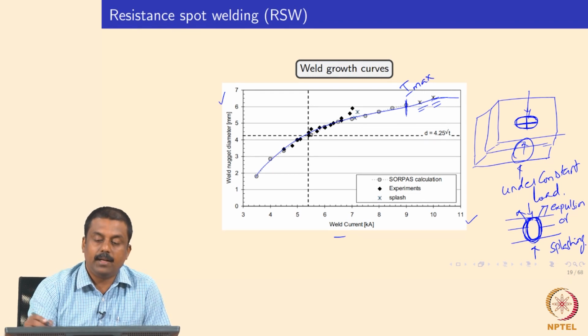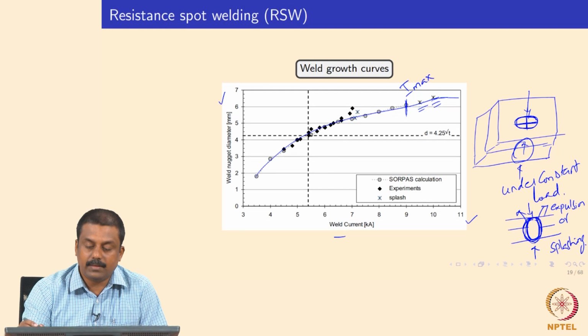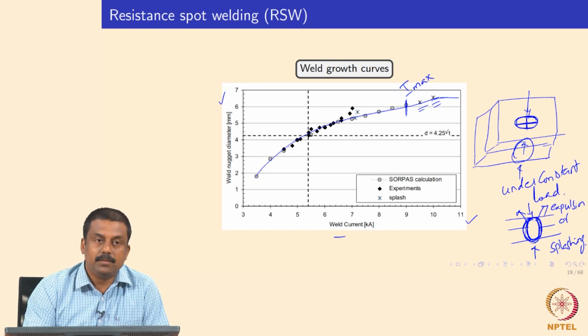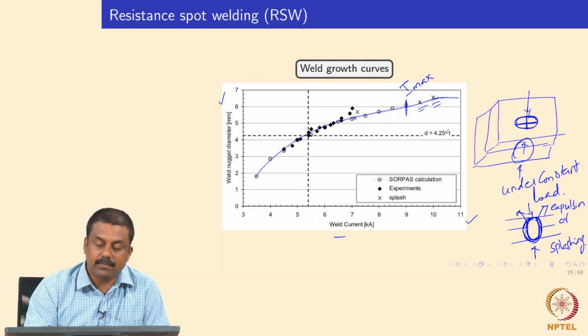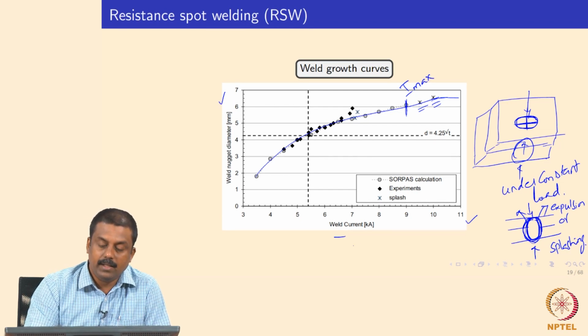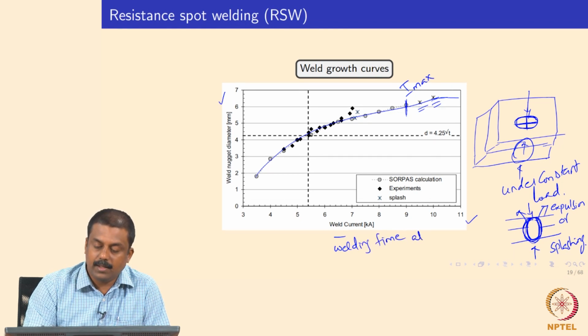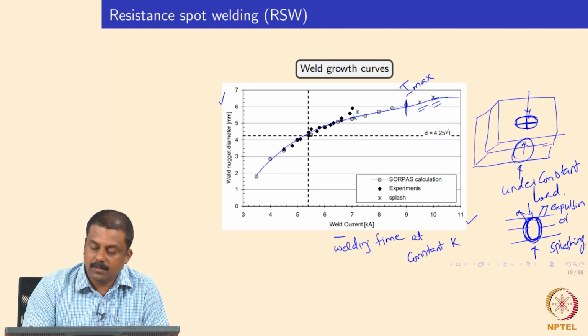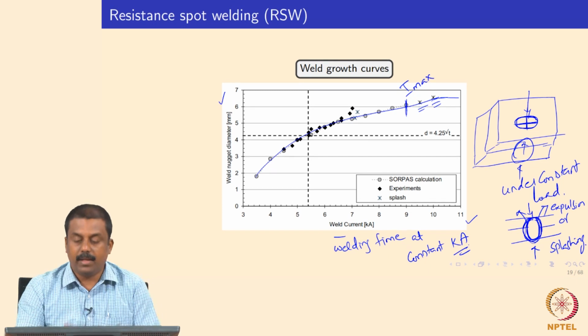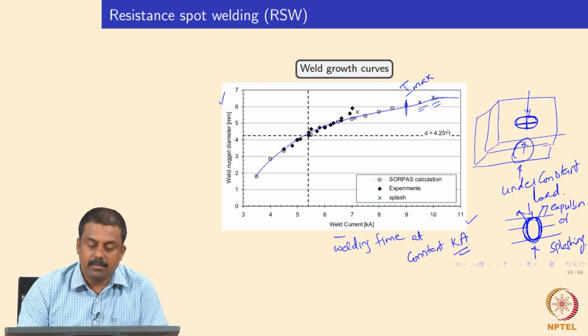And we get the weld growth curves as a function of welding current, and we can also get weld growth curves as a function of welding time at constant welding current. So this can also be welding time at constant ampere. We can also develop such curves, but